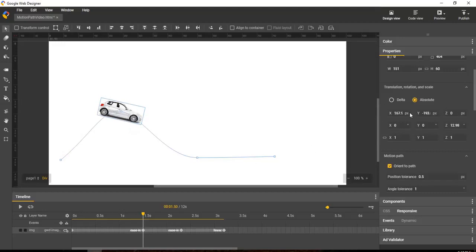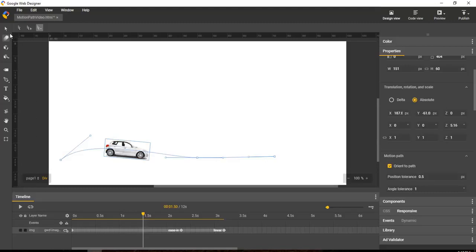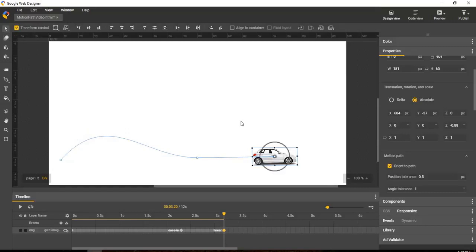All of the other transform channels, however, Z translation, rotation, and scale, those all can be animated independently of the motion path. So to illustrate that, let's say, if I go back to the original path shape, that I want the car to shrink in size as it goes over the hill. What I can do is I can go to the end of the animation, and then with the selection tool, I can shrink